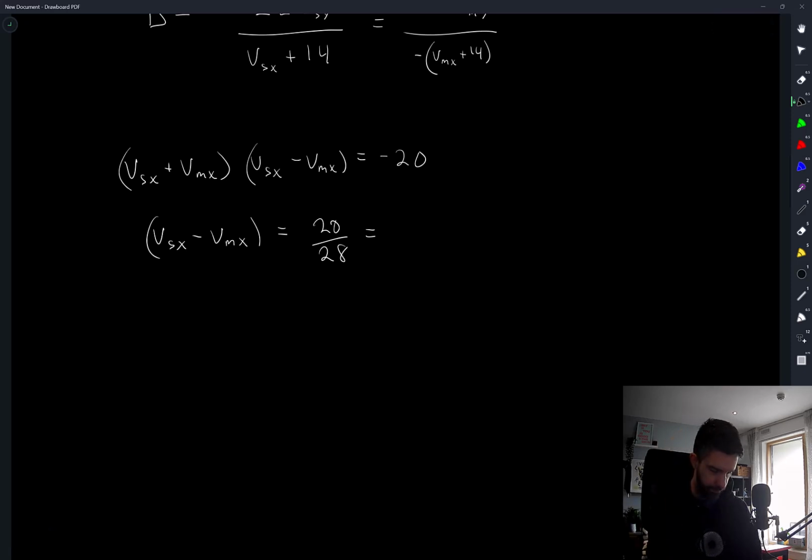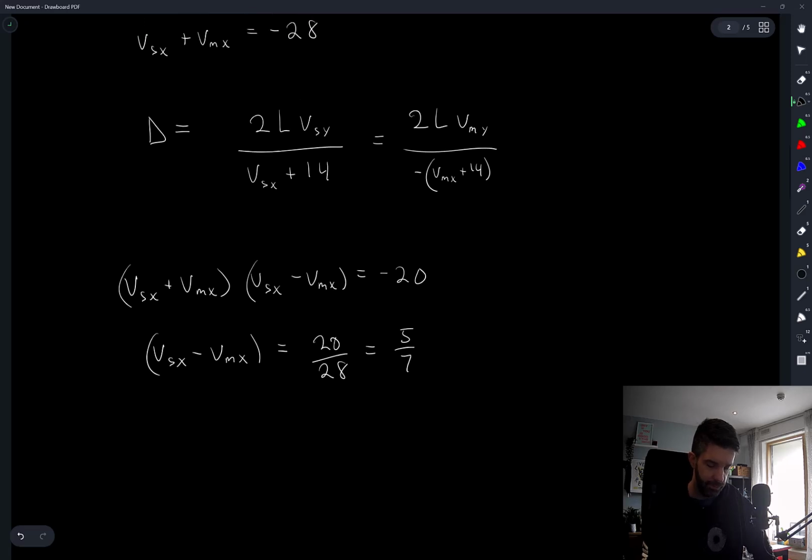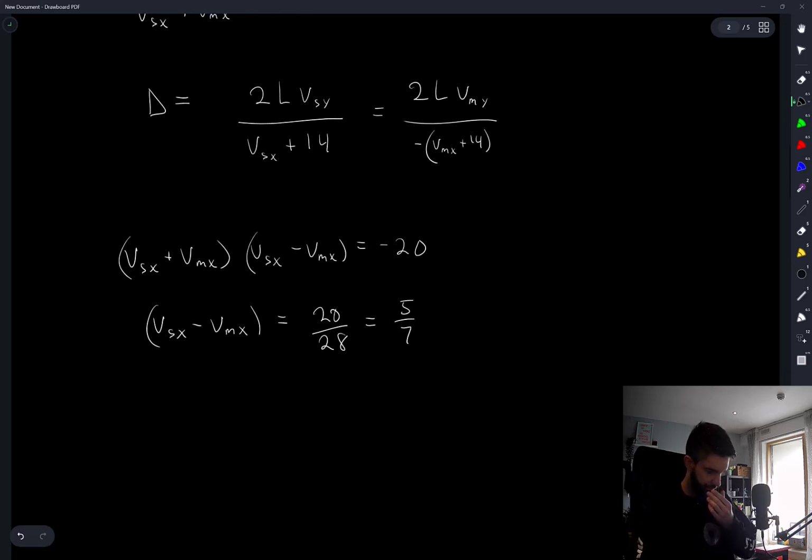Uh, 5 over 7. So the difference between the horizontal components is 5 over 7. And I should also